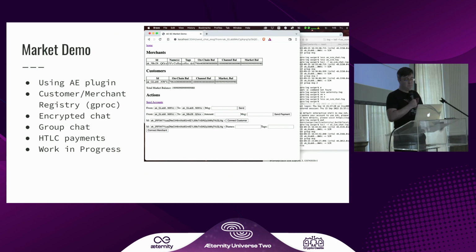I also, because I thought it would be useful, decided to encrypt the chat. So the actors on the market are able to chat with each other, and the endpoint encrypts using the other side's pub key.